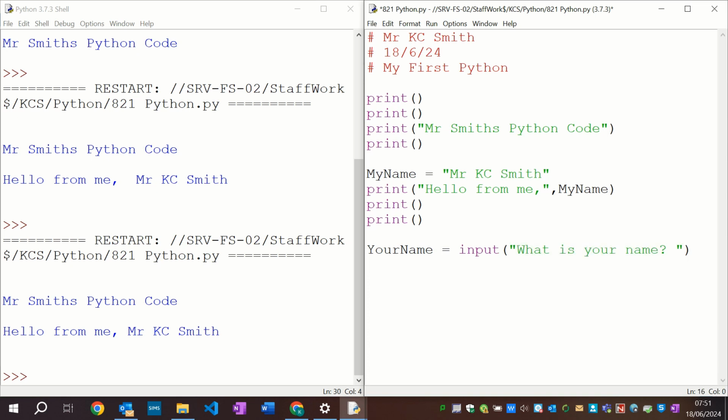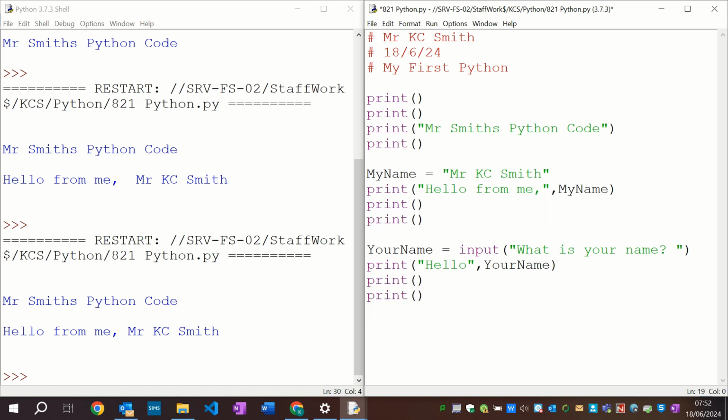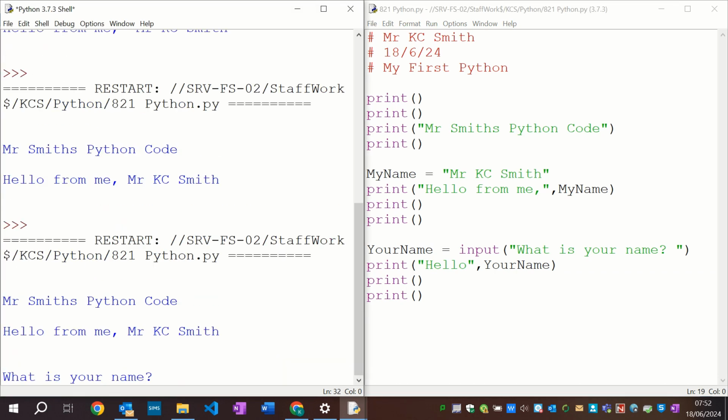All right, and then it's going to say print, hello, close the speech marks, put a comma, your name, close speech marks. Alright, and I'm going to nick these prints here, and I'm going to put them after that, and just keep it nice and neat. Okay, so save again, Control S and F5,